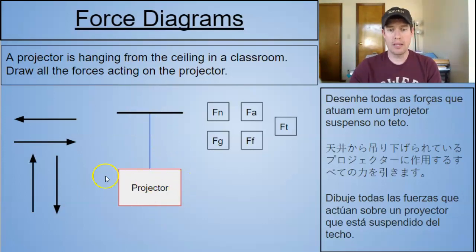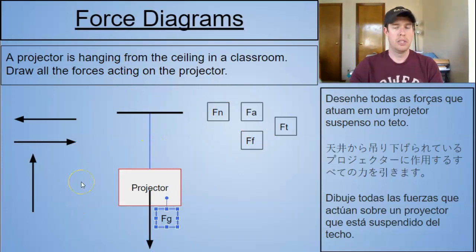And so we need to think about what forces are acting on the projector. Well, unless we're somewhere else, we're on Earth, and there's always going to be the force of gravity, right, pulling on that object. We have the force of gravity, F of G,